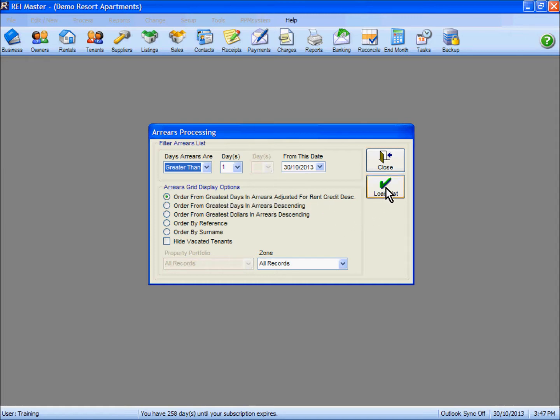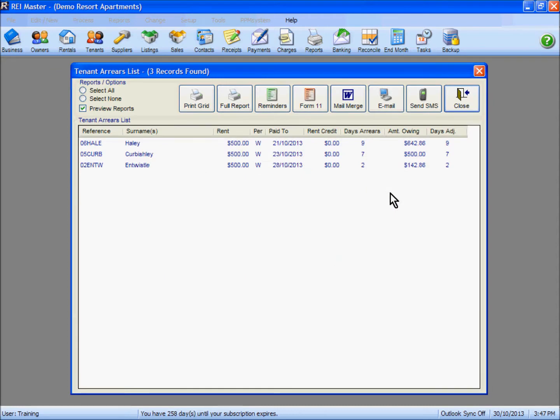If I click on my load list option here, I then get my list of tenants who are in arrears, and as we can see here it's listed by those most in arrears through to the least in arrears. We have a number of options that we can look at along the top now. Based on the information on the screen in front of you, you can literally print a copy of this grid. So if I click on the button here,